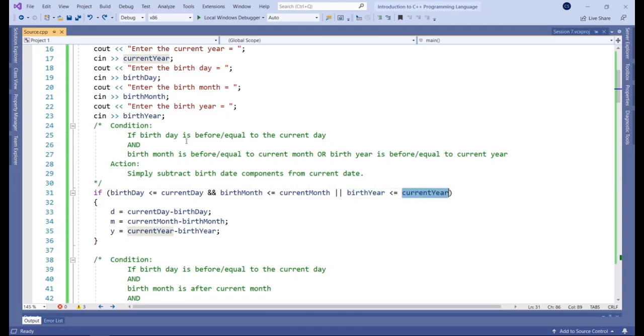So it's basically this first condition that I've translated to you and one of these two: the birth month is before or equal to the current month, or the birth year is before or equal to the current year. And if that's the case, this is really the simplest of our outcomes. It's pretty straightforward. All we're doing, as I mentioned, is subtracting the birthday from the current day, birth month from the current month, birth year from the current year.